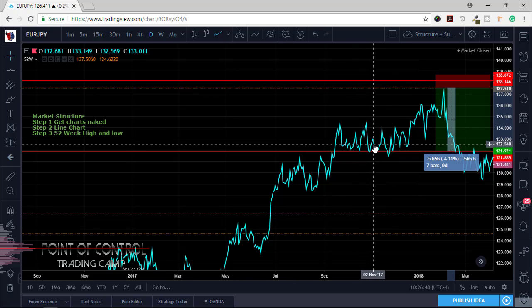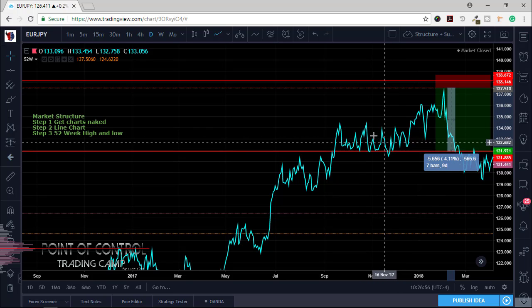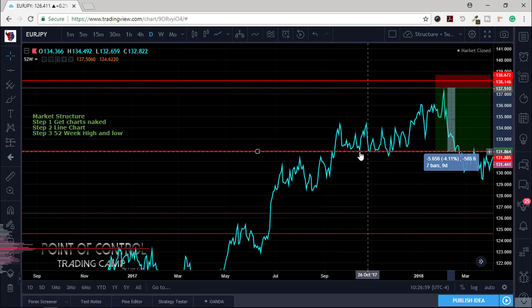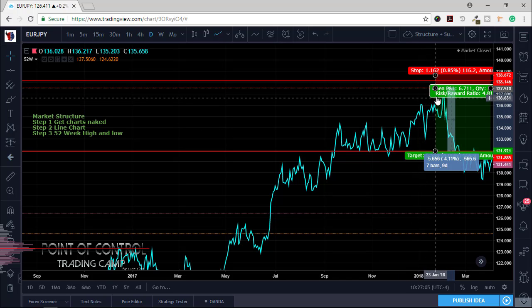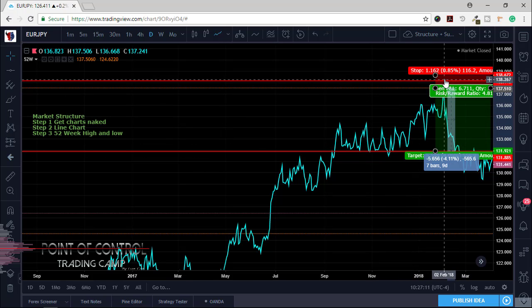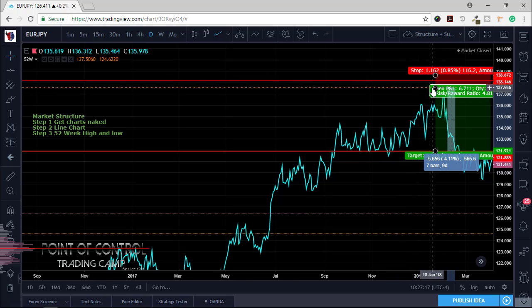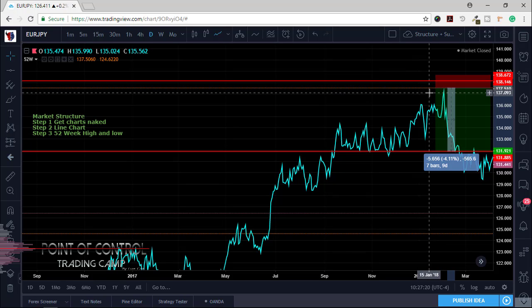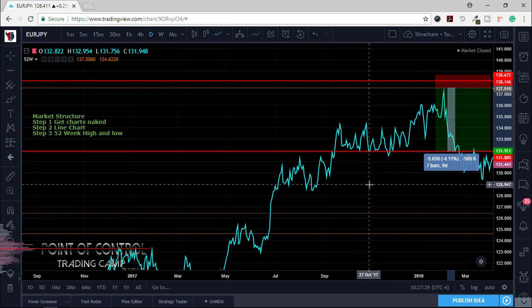Because after that, if it keeps touching that support or resistance continuously, like it did here, you know that there are sellers in this case pushing and trying to violate this level, but they couldn't, so they gave up, and then it just went all the way up, and you enter this beautiful trade with confidence. It never went into your stop loss area, and you never even risked. If you went in here, guys, this is a solid, almost non-existent drawdown. Okay, it's the first touch of the 52-week high in a long time.